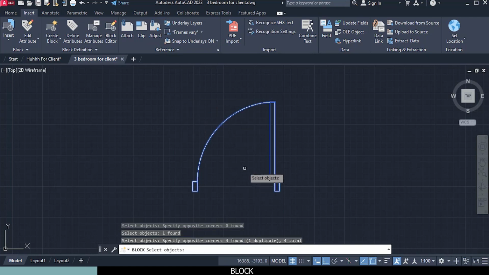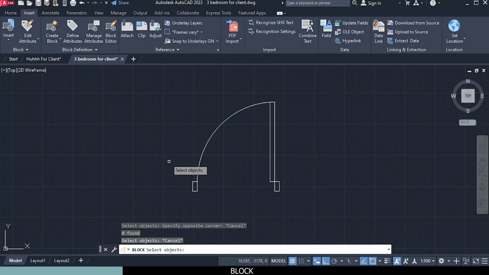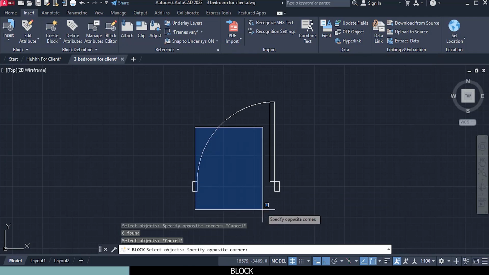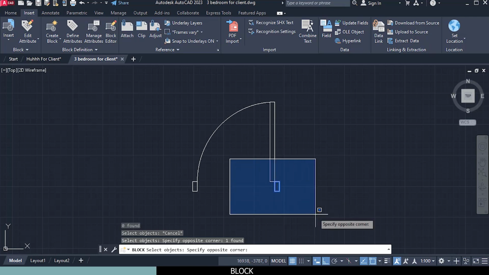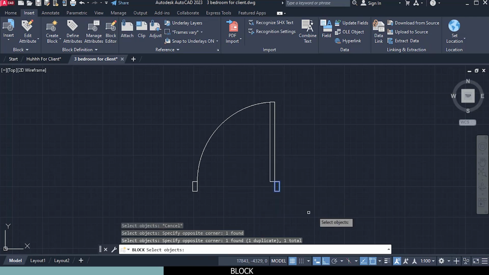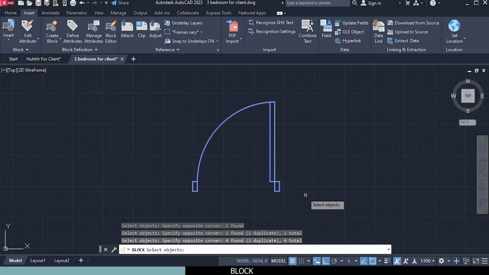And why the cross selection is the most powerful is because with the window selection, you have to, I will just press escape, press select object again, you have to select everything. Like now, only this rectangle will be selected, as you can see, because it has to be fully inside the window before it will be selected. But the cross window selection just has to touch it, just touching it, you see. And I select everything. That's why it is so powerful. So press enter,